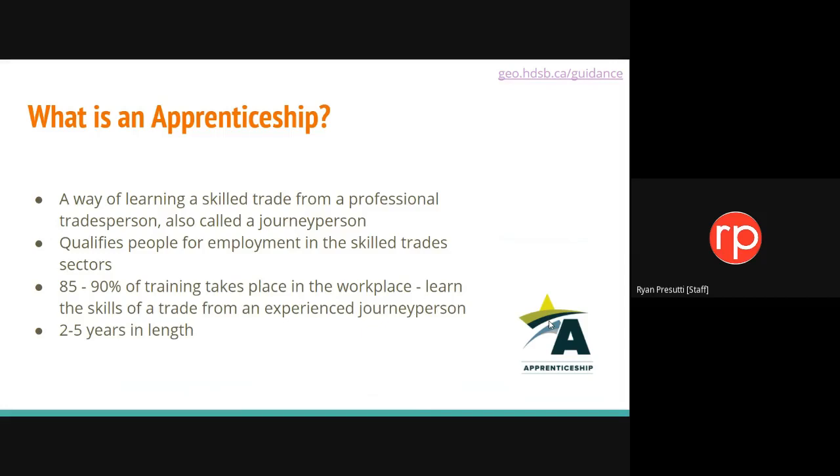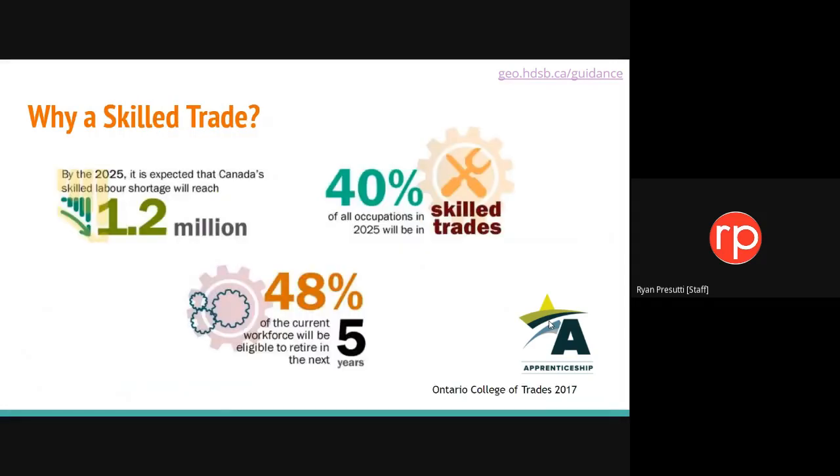The length of an apprenticeship is generally around 2 to 5 years. By about 5 years from now, we're expecting that there's a skilled labor shortage of about 1.2 million, and that 40% of all jobs will be in the skilled trades. And we're thinking about half of the current workforce will be eligible to retire in the next 5 years. So there's definitely going to be a lot of movement in the skilled trades, and apprenticeships are a great opportunity for you to earn